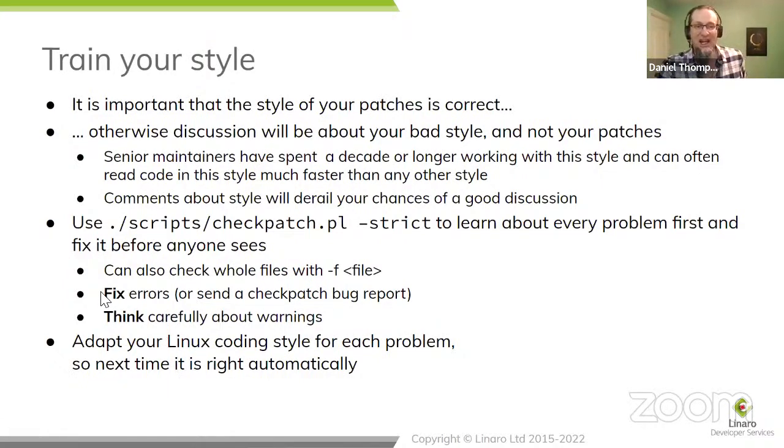You should generally fix any errors that are reported by checkpatch, or send a bug report to the authors if you think the error is wrong, because then you can point to that in your description and say, this does have a checkpatch error in it, I've submitted this bug report. Where you see warnings, you should think very carefully about whether you have an excuse for requiring the warning. So if you haven't got a good reason to write the code in that way, try to avoid the warning. If you have got good reasons to write it, the very nature of warnings is that they aren't always correct. They aren't always a mistake.